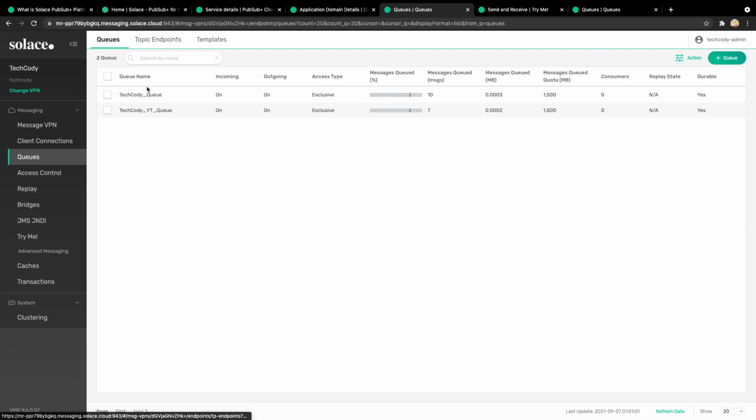The very next thing we can do is publish a single message on the topic, and we can integrate the topic with multiple queues. So if we publish a single message on one topic, and 2 or 3 queues are integrated with that topic, then all the queues will get the message. That helps in case you have multiple applications consuming the same message from the same source system. So if you see here,